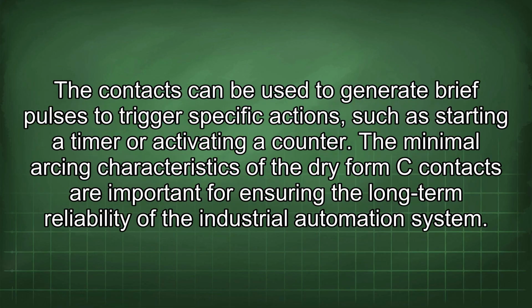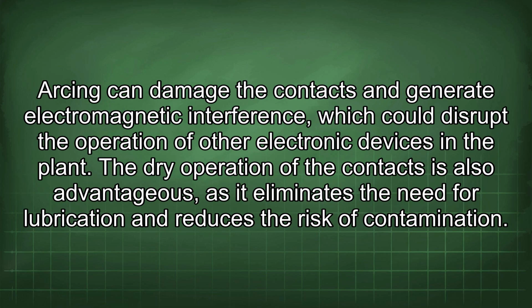The contacts can be used to generate brief pulses to trigger specific actions, such as starting a timer or activating a counter. The minimal arcing characteristics of the dry form C contacts are important for ensuring the long-term reliability of the industrial automation system. Arcing can damage the contacts and generate electromagnetic interference, which could disrupt the operation of other electronic devices in the plant. The dry operation of the contacts is also advantageous as it eliminates the need for lubrication and reduces the risk